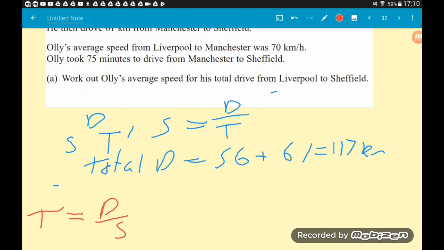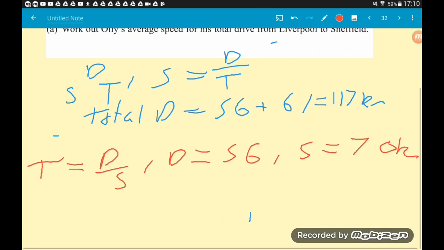So for the first leg of his journey, distance was 56 kilometres and his speed was 70 kilometres an hour. So if we work those two into the formula,